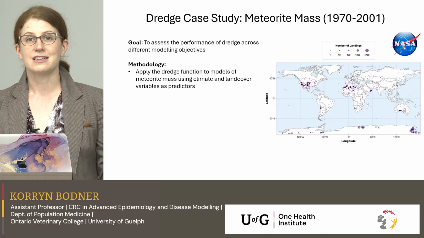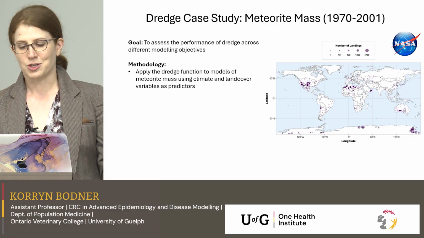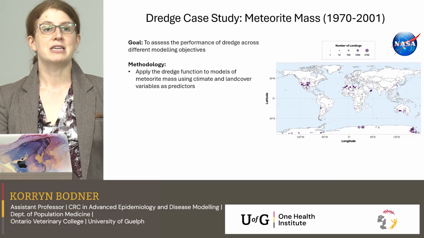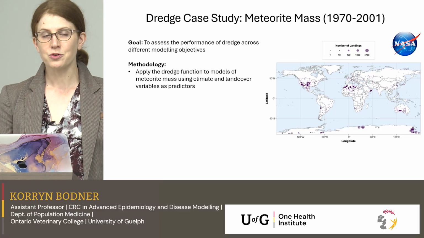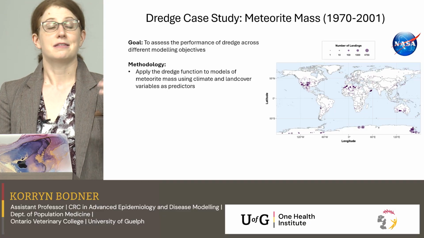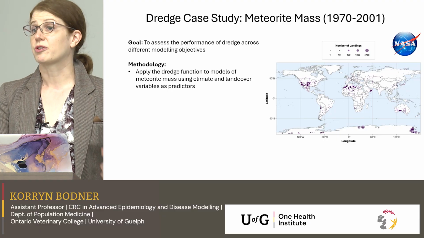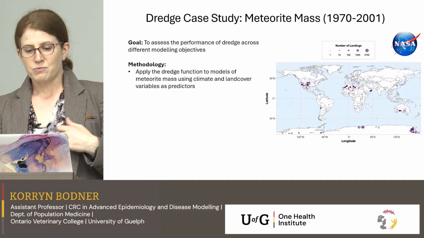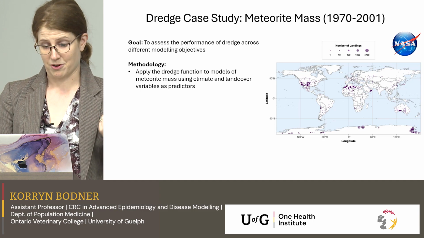And this is an open data source that you can find online. So it's with NASA and a partnership of another group. And this is looking at meteorite mass. So on the website, you can find the number of meteorite landings, the meteorite mass, as well as the geographic coordinates for where they all landed on Earth. And so we decided to use Dredge to assess the performance using this